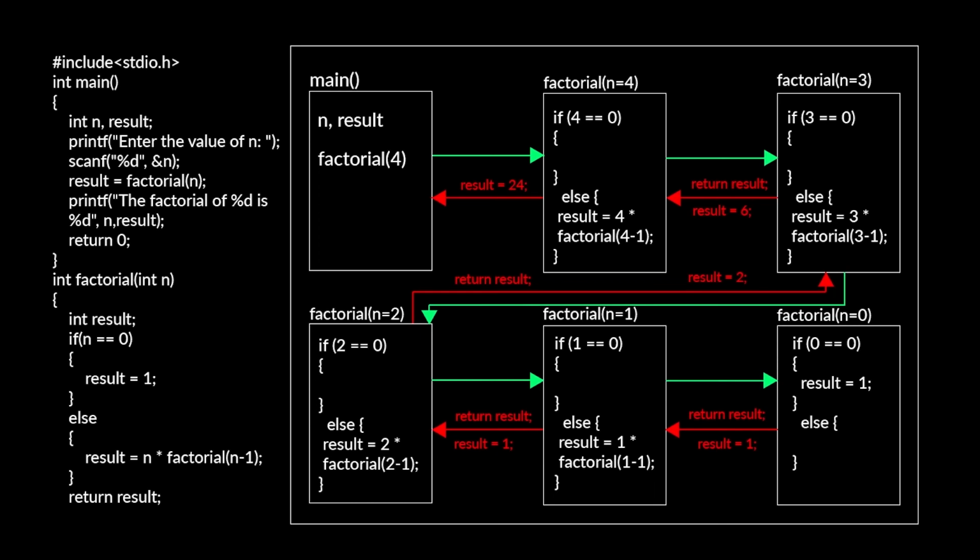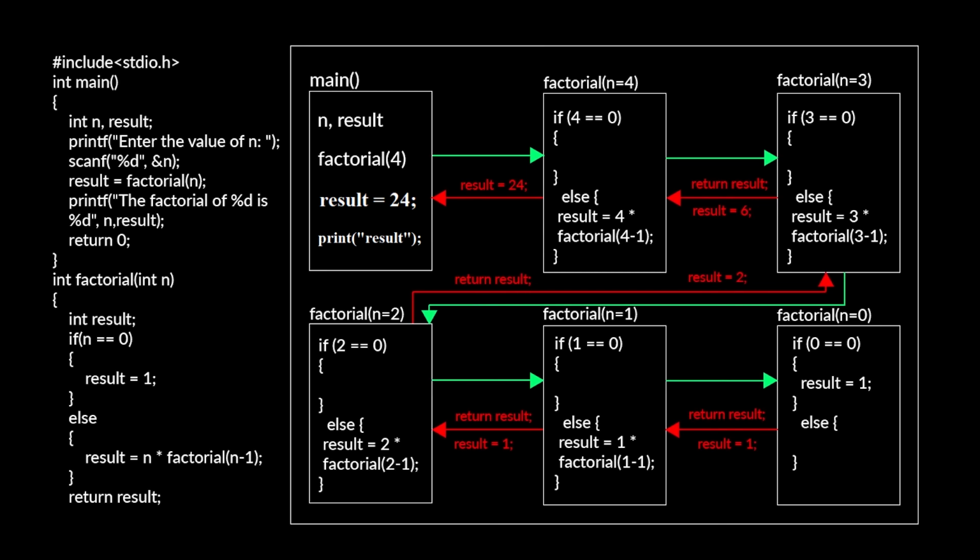So this result will be finally stored into the main method result variable. So result equal to 24. And now we are printing this result, which is 24. This value 24 is actually the factorial of 4. So this is the end of the program execution. Now let us move on to our editor again so that I can show you the output of the program